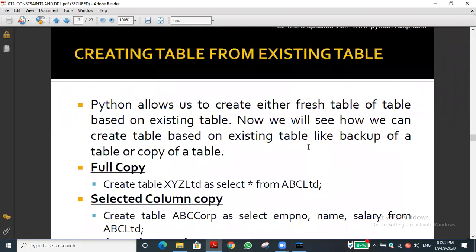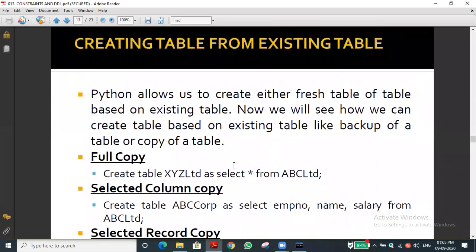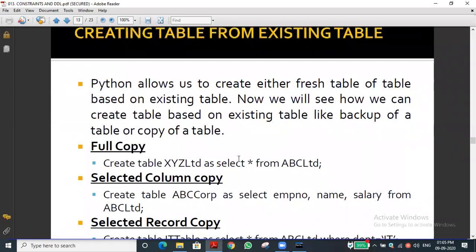Okay, let me go to one of the operations, that is DML operation, data manipulation operation. So we are going to do manipulation over the data. So how to take a copy of a table, or how to create a new table and copy the records from the old table. We are going to create a new table, but the records already exist. So how to take an entire copy of the table.